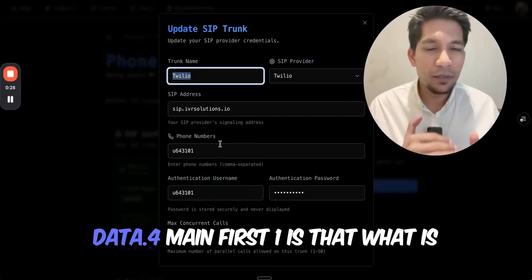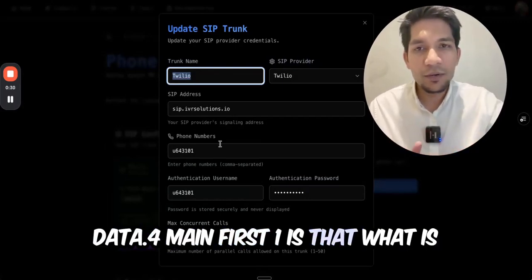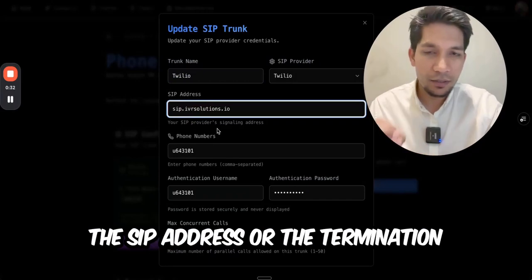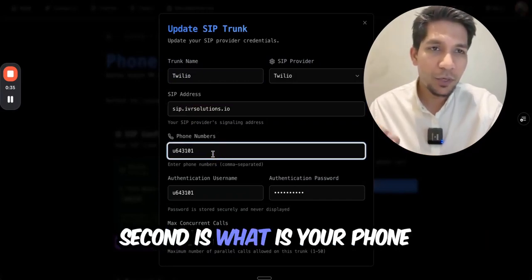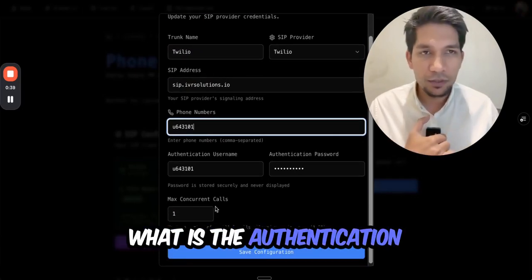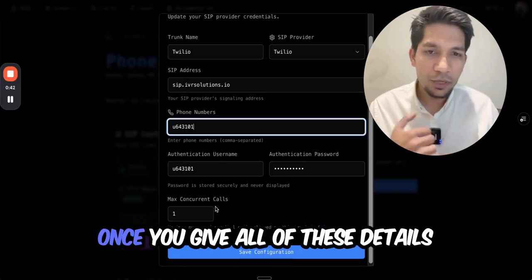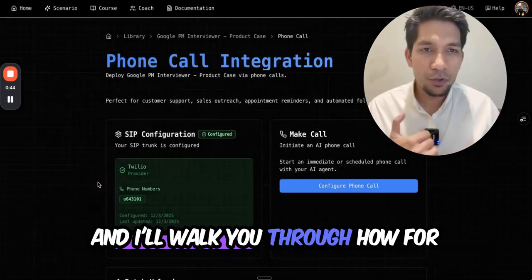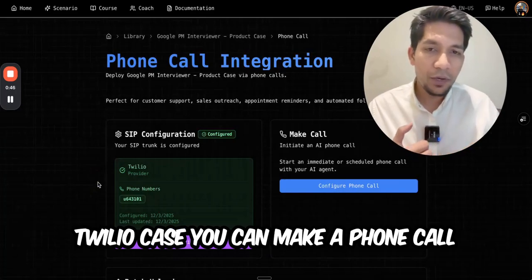This has multiple data points, four main. First, what is the SIP address or the termination endpoint. Second, what is your phone number. And then how do we configure to this termination endpoint? What is the authentication username and password? Once you give all of these details, and I'll walk you through how for the Twilio case,